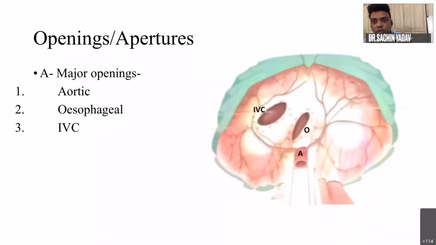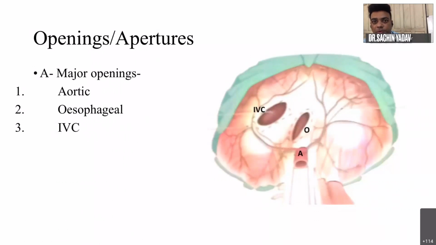Okay, and along with that, the blood supply from the abdomen to the esophageal branches of the left gastric artery entering into the thoracic cavity through this opening. Okay, then aortic opening. So below that, and the esophageal opening is present at the level of the 10th lumbar vertebra. Okay, and below that esophageal opening, you can see the area demarcated by the alphabet A.